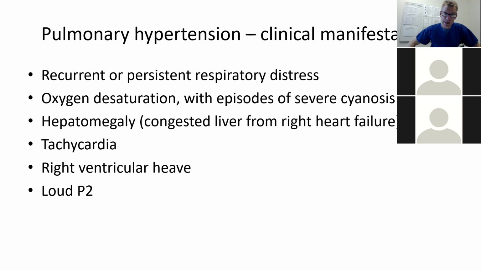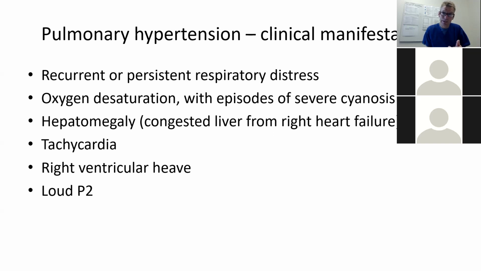And so these children often have hepatomegaly because they have a congested right heart. Remember, if you've got right ventricular dilatation and high right ventricular pressures, then your central venous pressure will be high, and that leads to backflow pressure in your superior vena cava, in your IVC, and the veins that drain the liver. That's why the liver becomes large when you've got congestive right heart failure, from whatever cause, even if it's rheumatic heart disease causing right heart failure, or tricuspid regurgitation. Anything that leads to right heart failure will lead to congestive